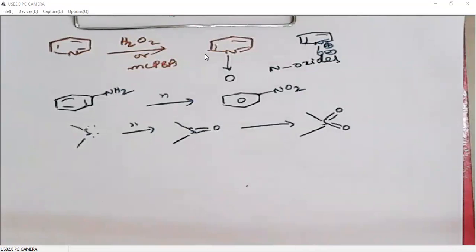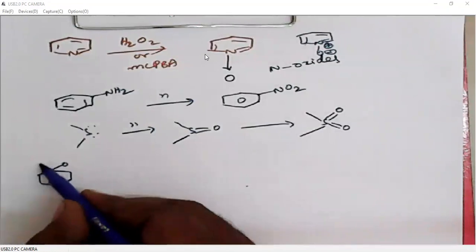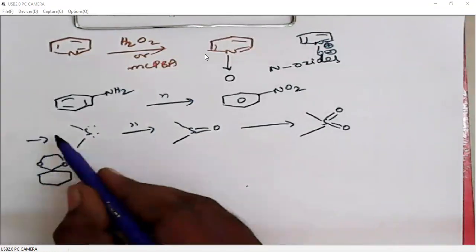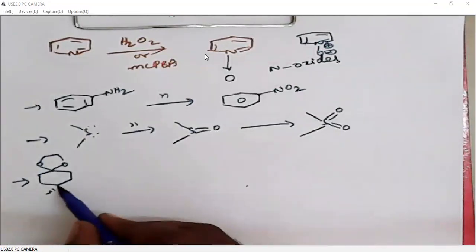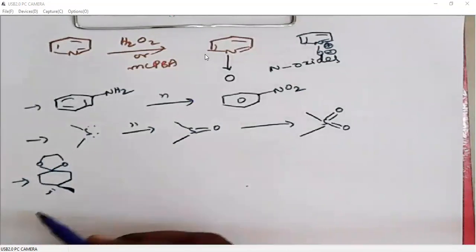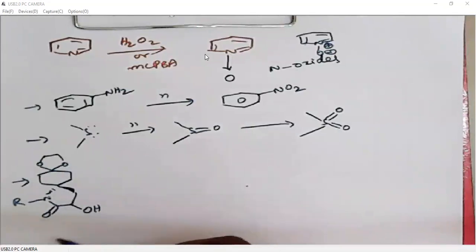Right. I will tell you about dehalogenation using tributyltin hydride and AIBN. I'll explain it with one more example, so I won't take the previous example. I will explain it with a separate example. Why I'm choosing this is just to explain to you the compatibility of the reactivity of the reagent.